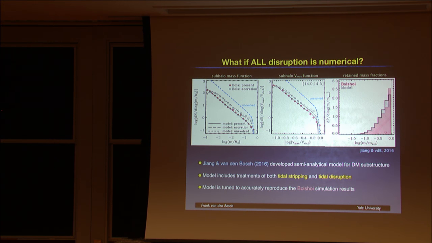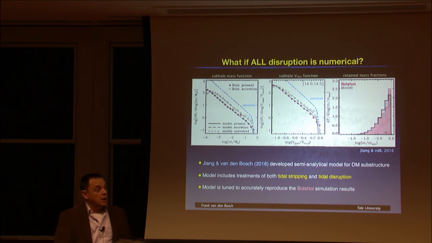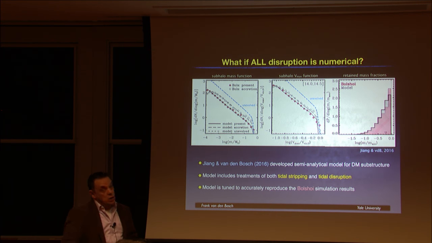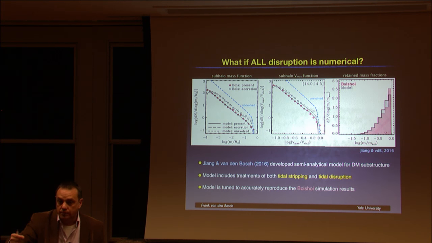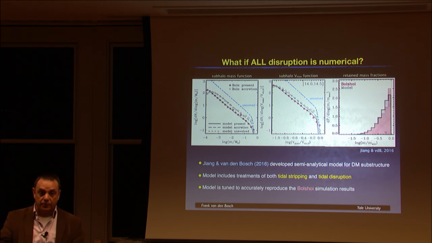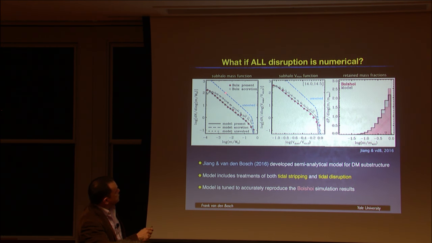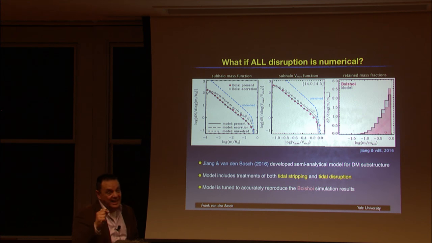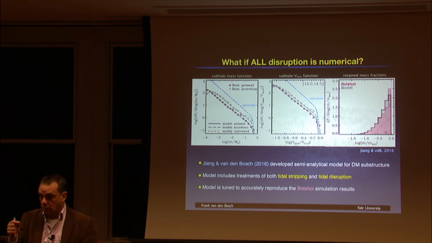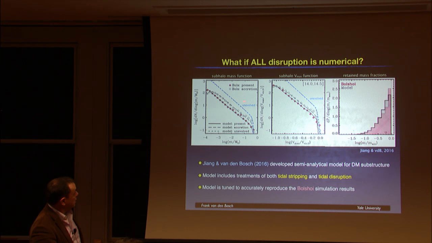Everything you ever accreted, which is a universal function, interestingly enough, but that's another story. The open circles are the masses at accretion of the subhalos that survive to the present day. So the difference between the blue and the open circles is due to disruption, which is dramatic. The difference between the open circles and the solid circles is due to mass stripping.